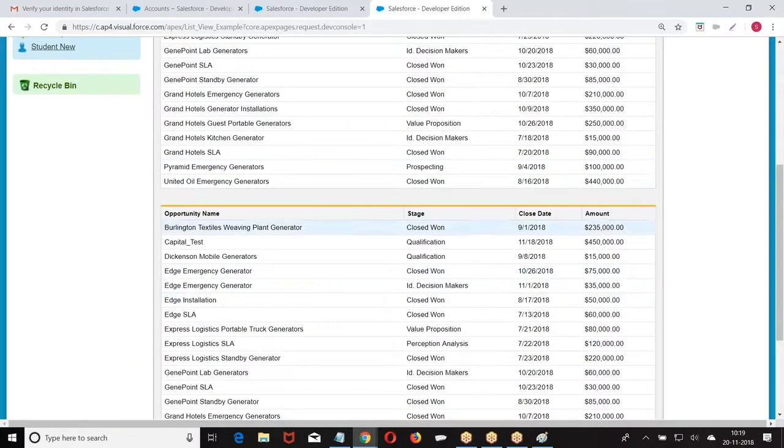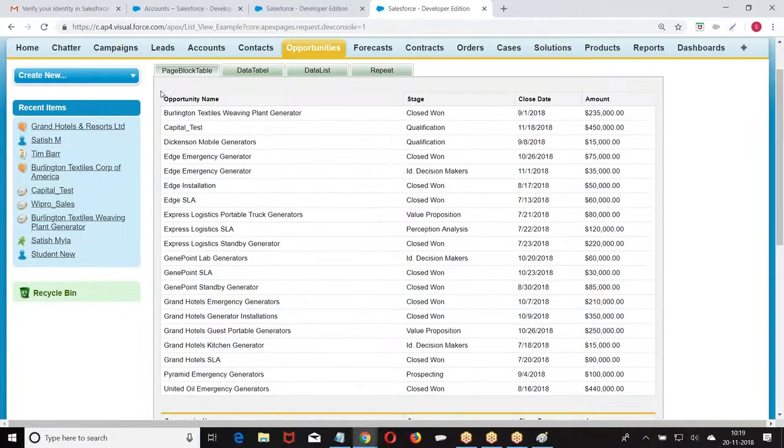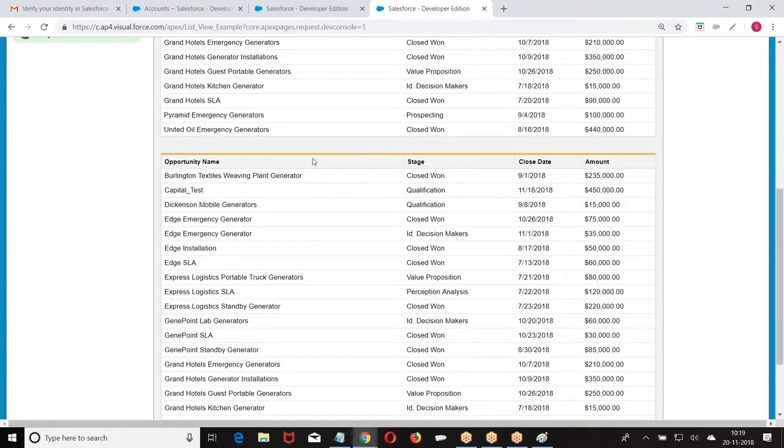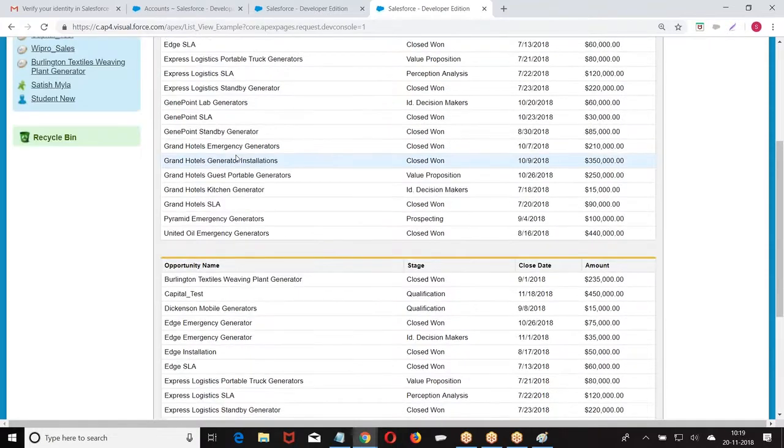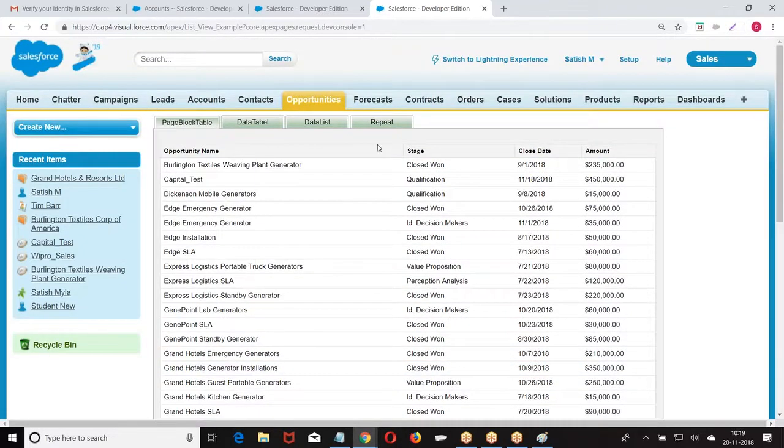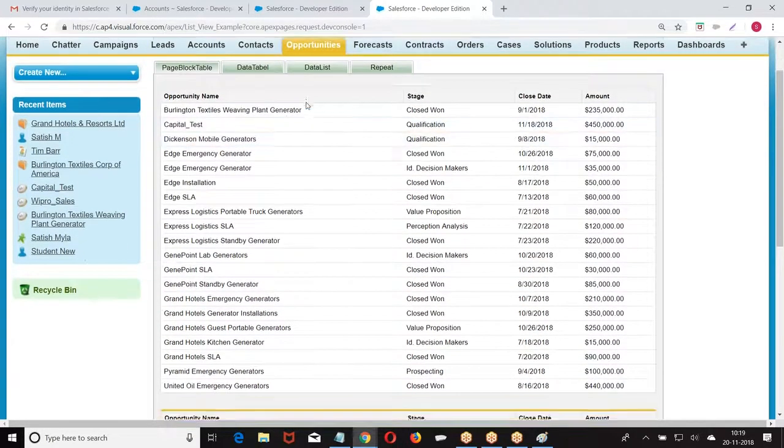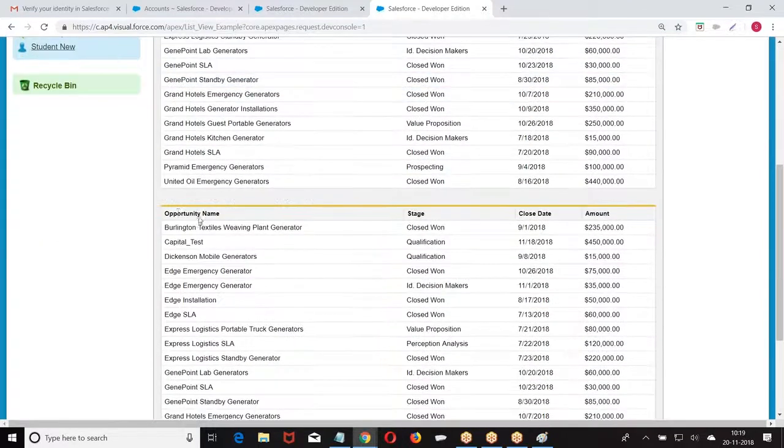What is the difference you are finding? Look at the part on the opportunity name and this, what are we getting here? The background color of the page block is coming here. Are you getting the orange color? Why? When you go to a page block referring to the opportunity, the page block color will be coming in this format. Are you getting my point here?